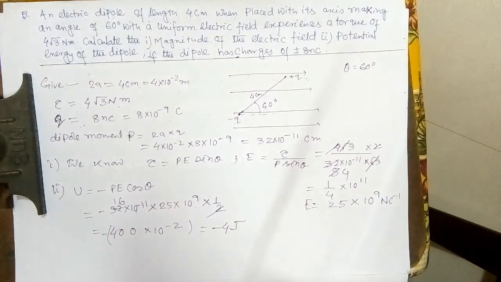So I have done 5 numericals here, but you have to practice more than 20. Many numericals are there in your book, whatever book you have. It may be NCERT, it may be any other book. Just see the examples and practice the exercises. I think it is enough for you. Thank you.